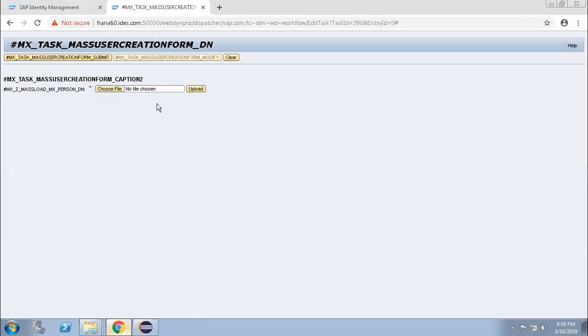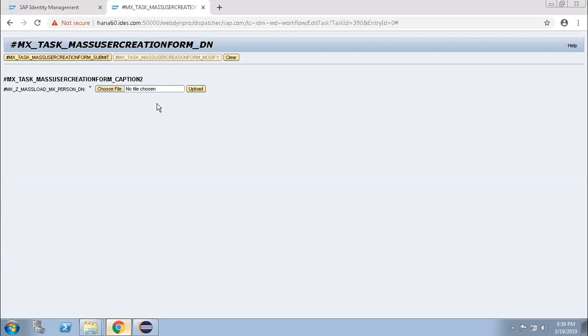Our next process will be to save the file in the server location, so that when we do the actual activity, like actual user creation, the file can be read from the server location, because the IBM system cannot read the file from your local location. It always reads from the server location.